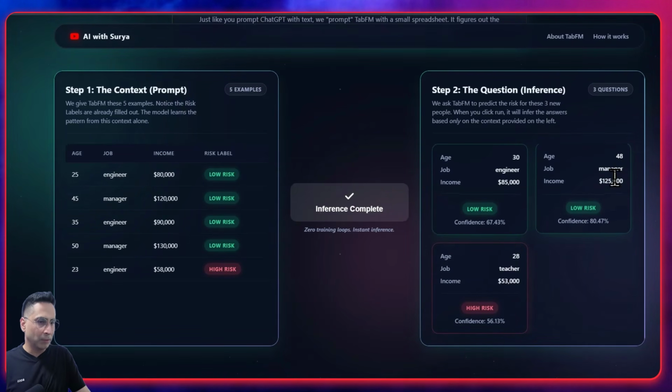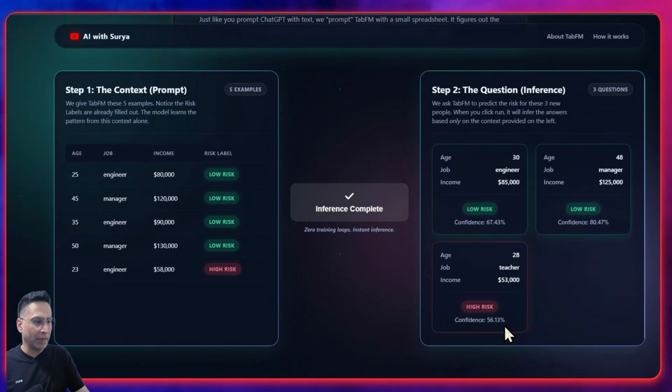and you're able to see that this particular person, who is a manager, whose age is 48, whose income is this, has the lowest risk, and these two people have a high risk. So this is how